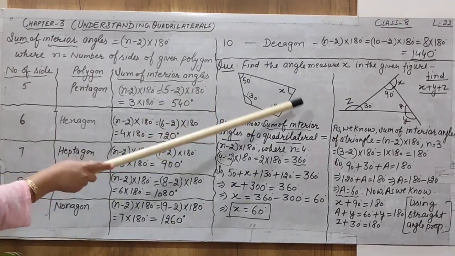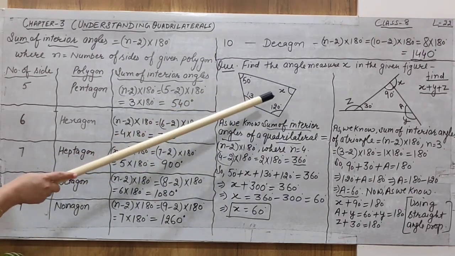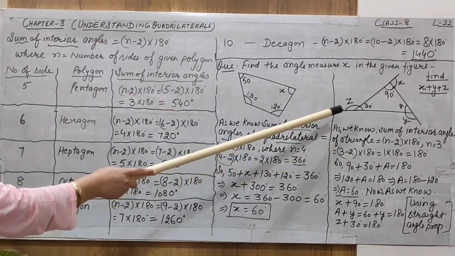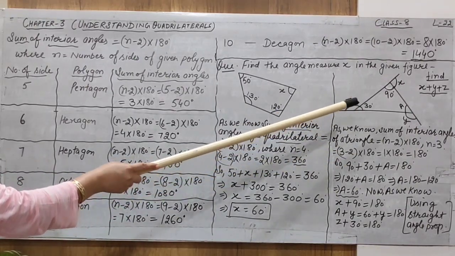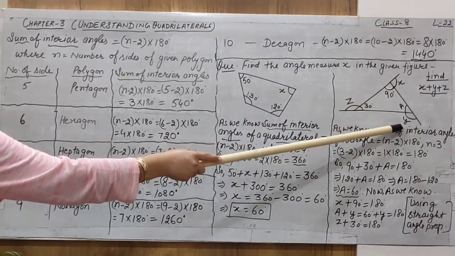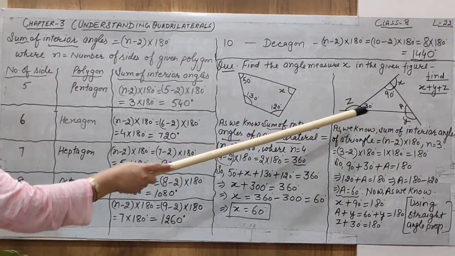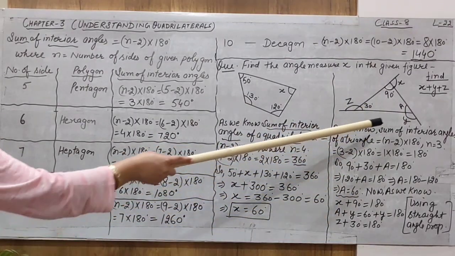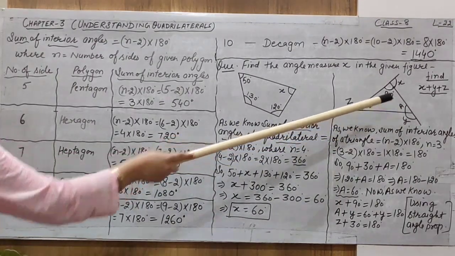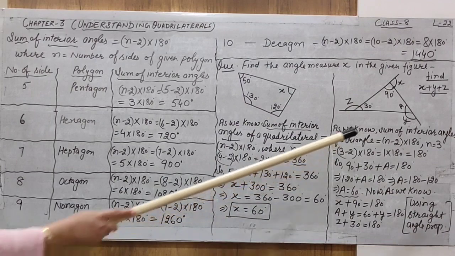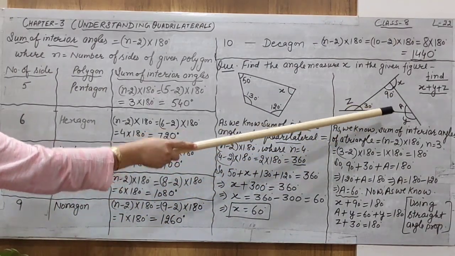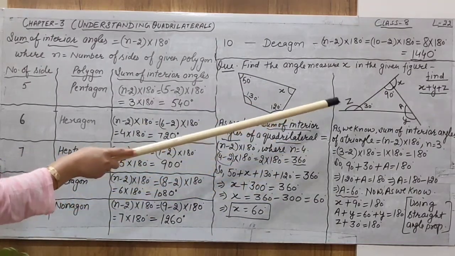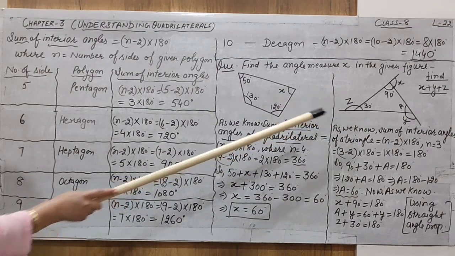As you can see in the diagram, this is a quadrilateral in which you have to find the value of x only. But in the second diagram, we have three unknown angles, that is x, y and z, and one more angle which is not named in the diagram. No name was given to this angle, so I have selected the name A for this angle to complete that diagram. So let us start, and after that we will discuss it.